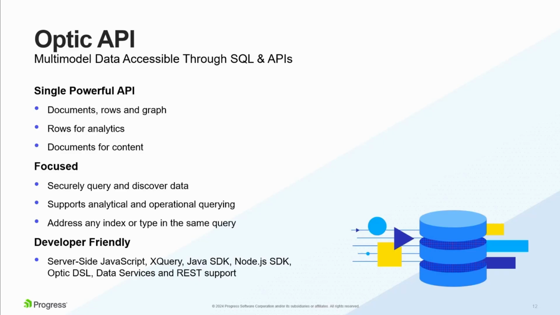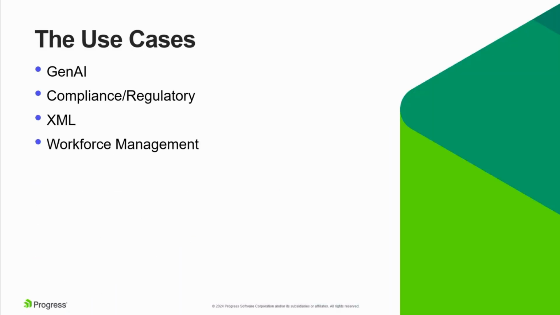And also, with the Optic API, any query you put there, if the end results look like a grid, then you can just project it as a SQL table and make it accessible to Tableau or Python, anything else you might want to have access to that data, even though it's accessing all this kind of stuff.